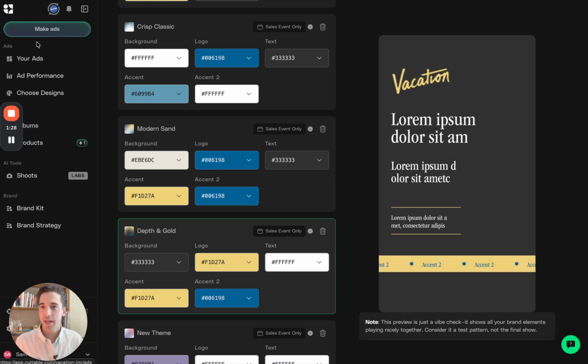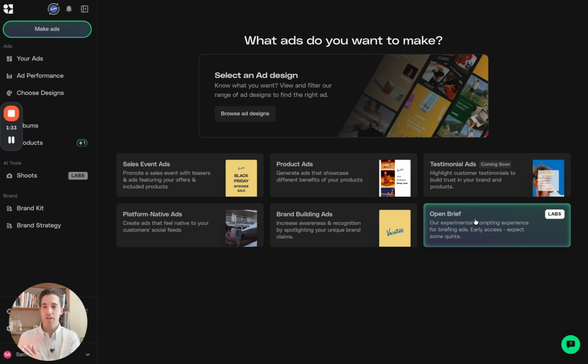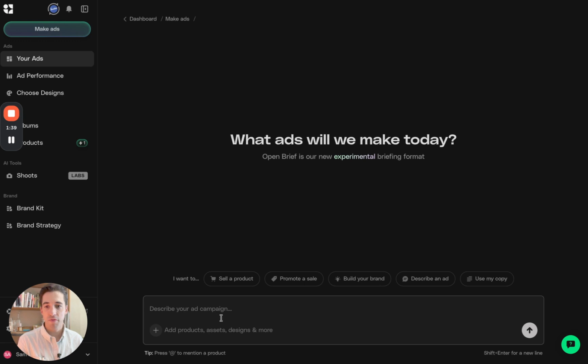And then essentially the crux of Cuttable is making ads. So the flow is we understand your brand and then we can make ads from that. So really brands come in, a lot of the brands use open brief. You can kind of come in 20 to 30 words. So, create me some ads for Valentine's